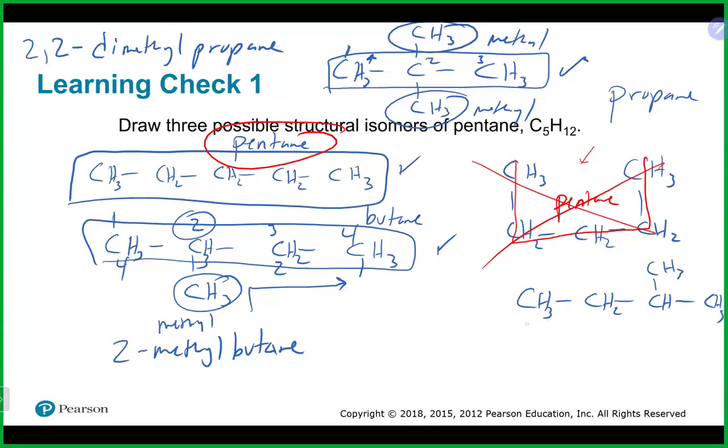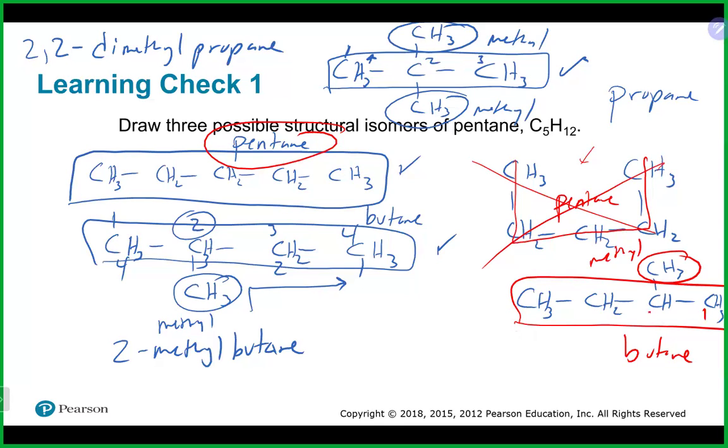How about this one? The longest carbon chain on the one on the bottom is how many? It is 4. That is butane, right? I have a methyl group here. If I were to number this one correctly, that methyl would be at which number? It would be 1 and 2. Or it would be 1, 2, 3. I should always take the smallest way, right? Which means technically this would be